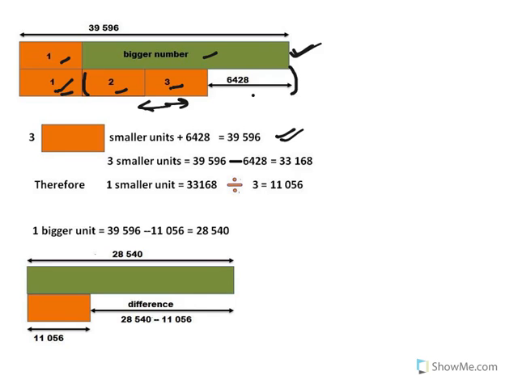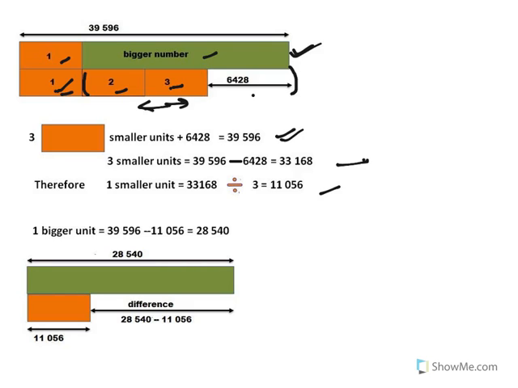39,596. So the 3 smaller units would be equal to 39,596 minus 6,428, which is equal to 33,168. So if 3 smaller units are equal to 33,168, one smaller unit would be equal to, you divide 33,168 by 3 and you get 11,056. So the smaller number is equal to